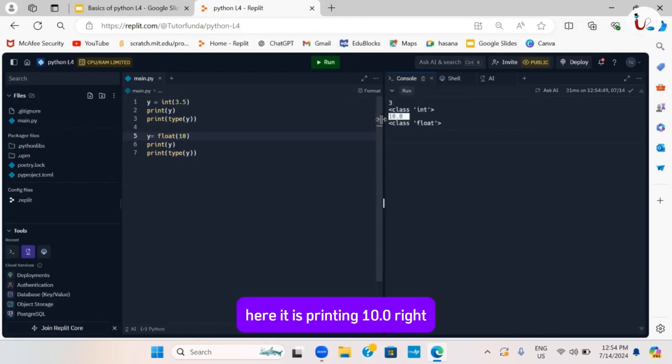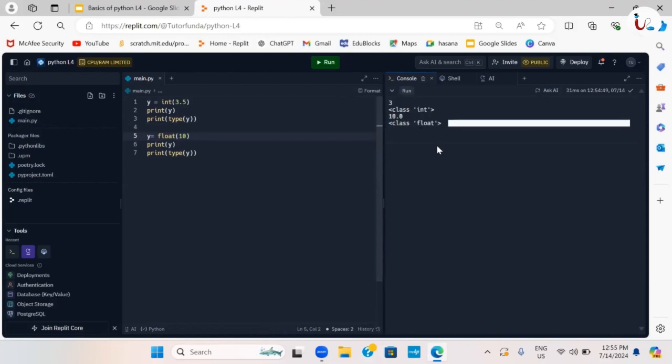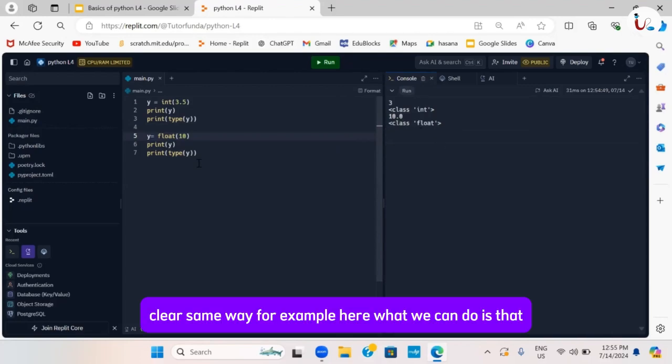Here it is printing 10.0, right? Because here the value is 10, but it's converting to float value. That's why it is changing to 10.0 and it's of class float. Clear? Same way, for example, here, what we can do is that